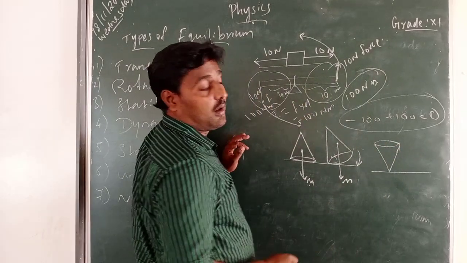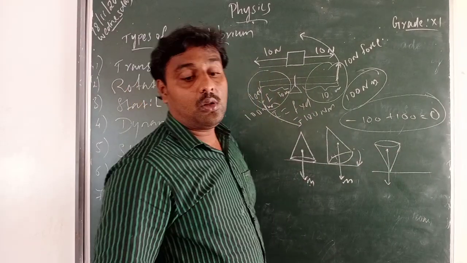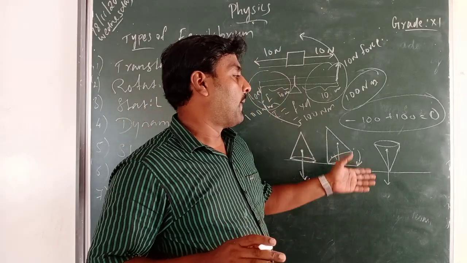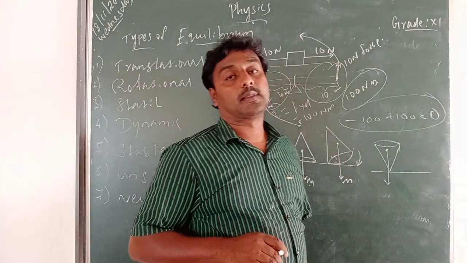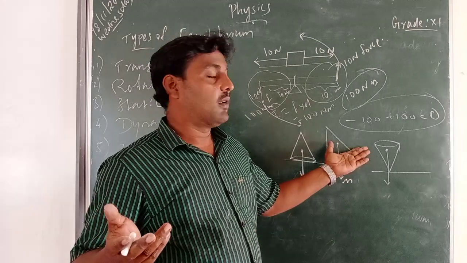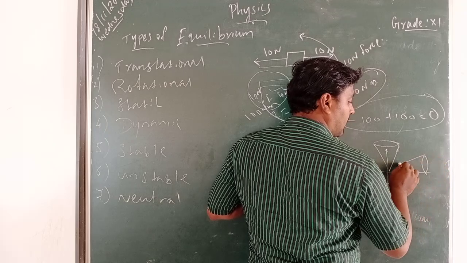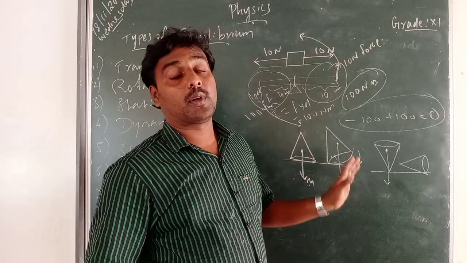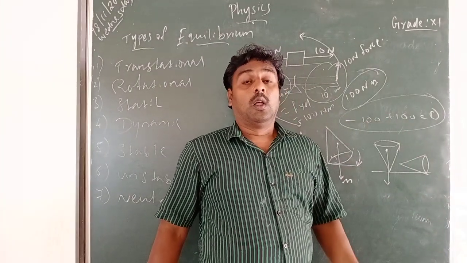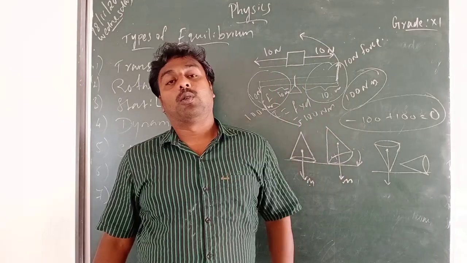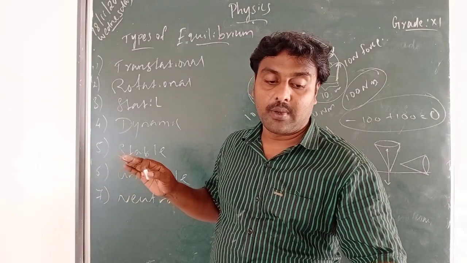Now you kept the cone in this position, the center of mass will be like this. Now assume that you have just tilted this. What will happen? This object will fall like this. If you tilt it slightly, if you touch it slightly, it will fall. So that is what we are saying: unstable equilibrium. Not stable. So that is what is given here as unstable equilibrium.